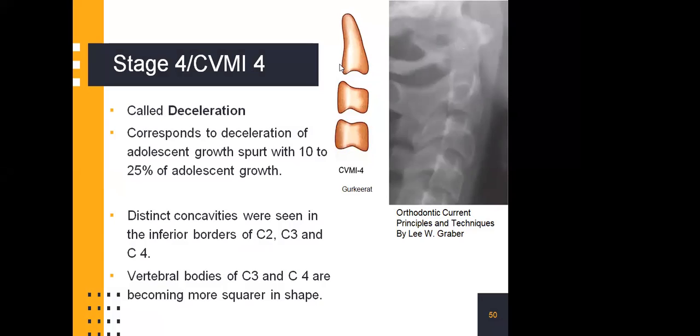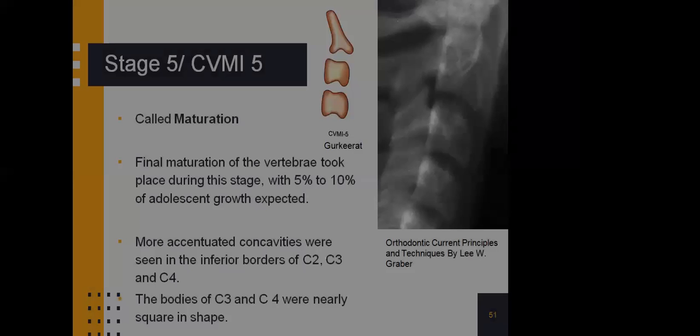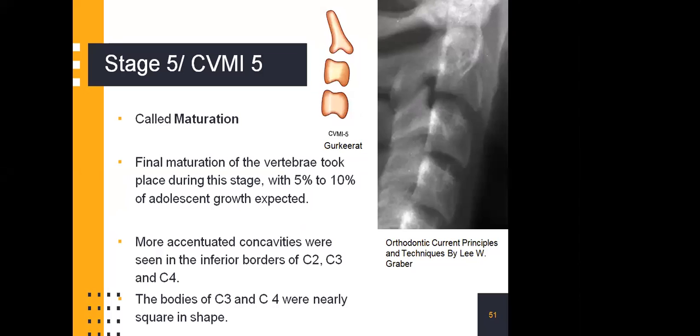Distinct concavities are seen in the inferior border of C2, C3, and C4. The vertebral bodies of C3 and C4 are becoming more square in shape now. Stage 5, the maturation stage. Final maturation of the vertebra takes place in this stage with 5 to 10% of